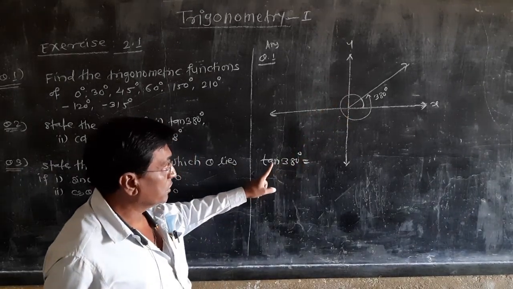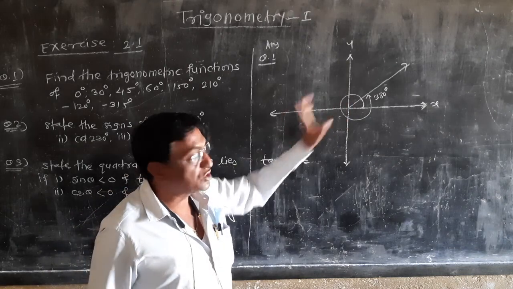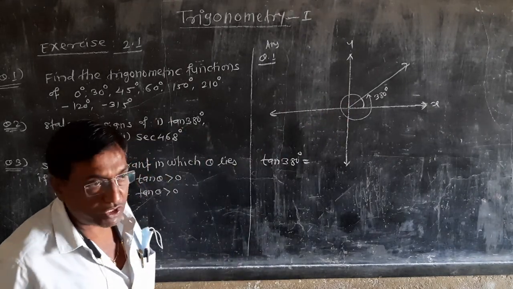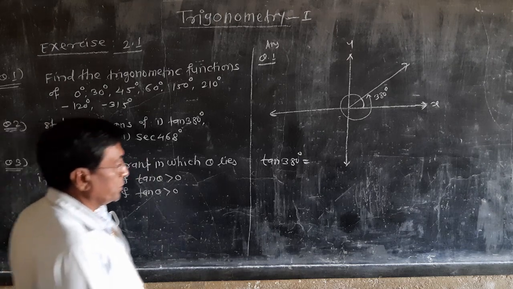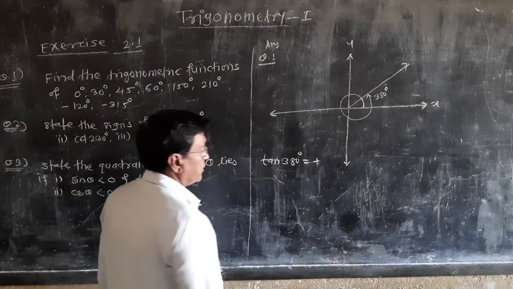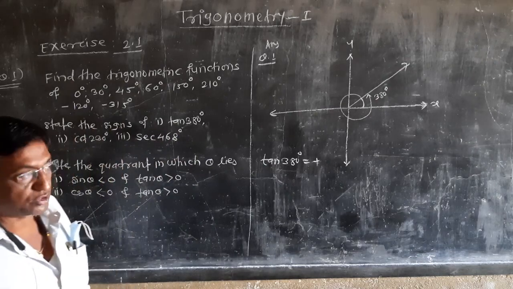and so the tan ratio in first quadrant will be positive, because we know that all the ratios in the first quadrant are positive. So that's why here tan of 380 degree is also positive. Sin of